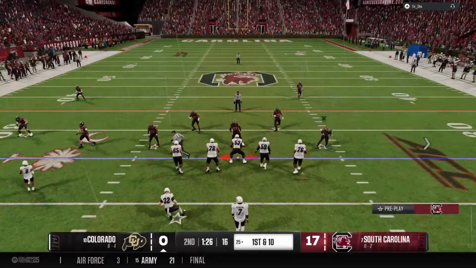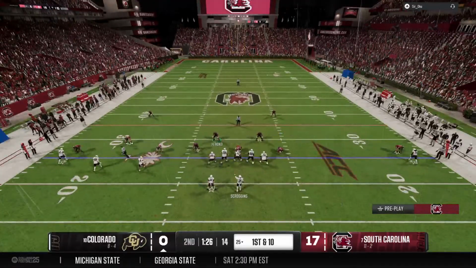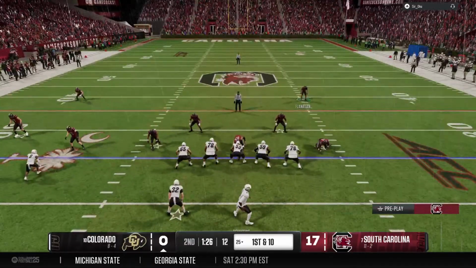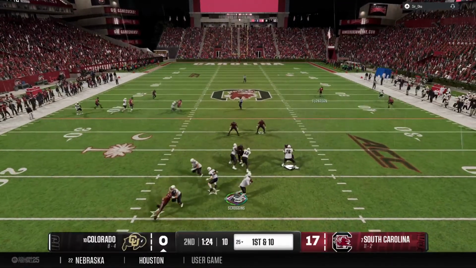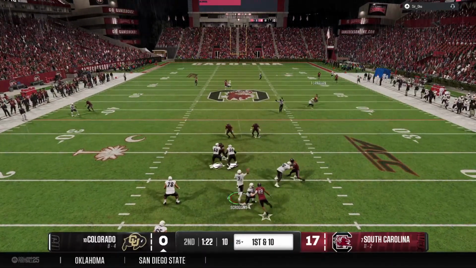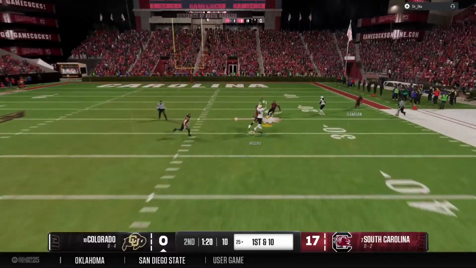And the Colorado offense is back out on the field. They're in a hole here before they have a chance to regroup at halftime. Let's see if they can cut into this big lead. On 1st and 10 here, looking to throw the ball. Looking for a big play here.